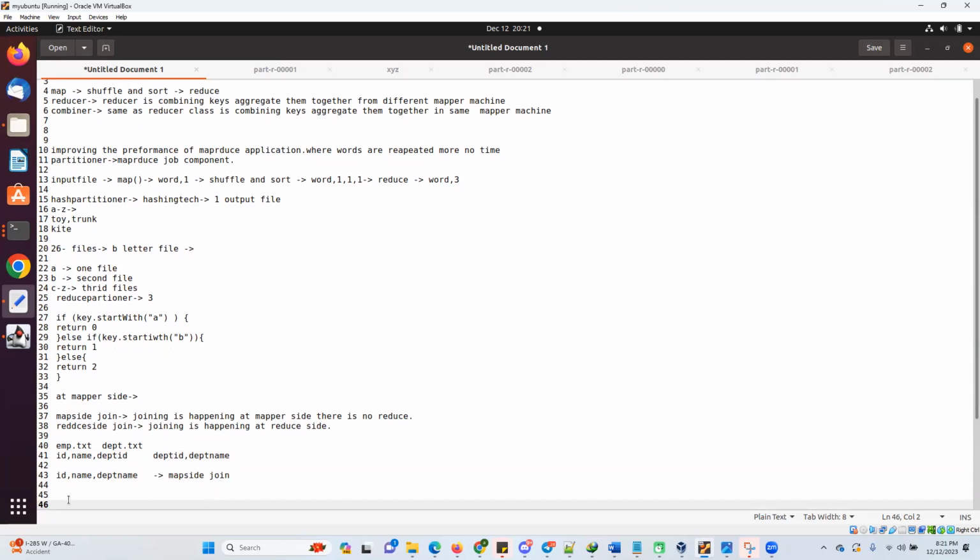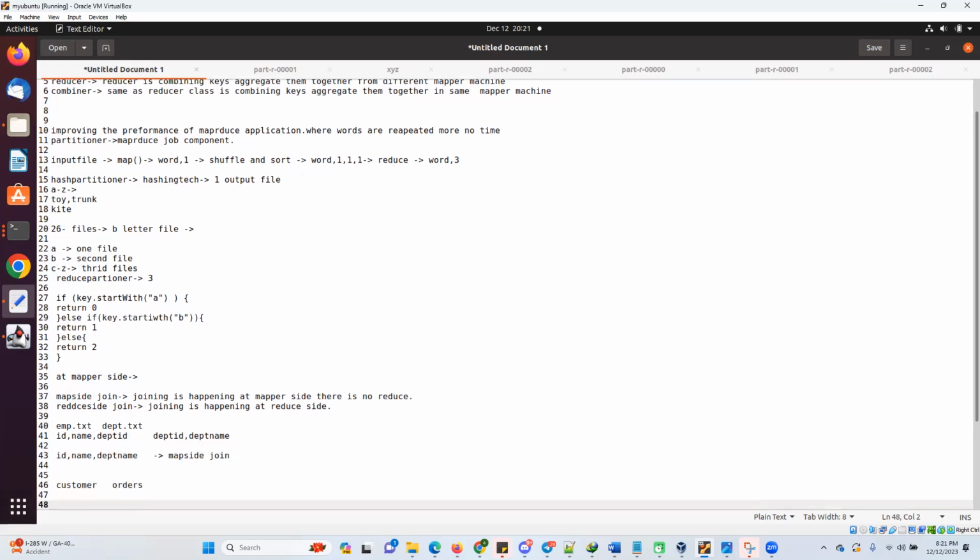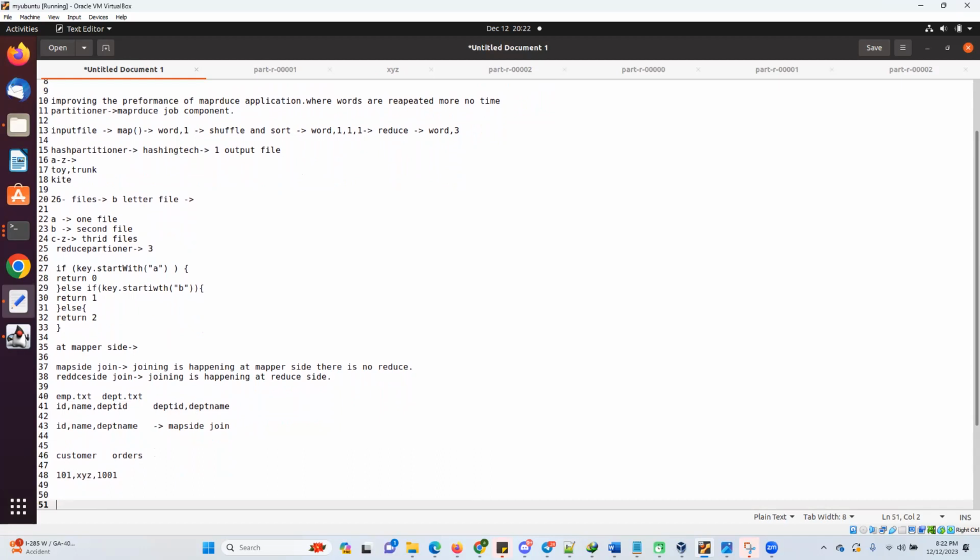Another scenario is when you have customer data and orders data. Every customer can purchase multiple times. So customer ID is 101, the customer name is XYZ, and there is some order ID, like 1001, and an order cost, which I define in the order table. Suppose the cost is $60. If 101 takes two different orders,